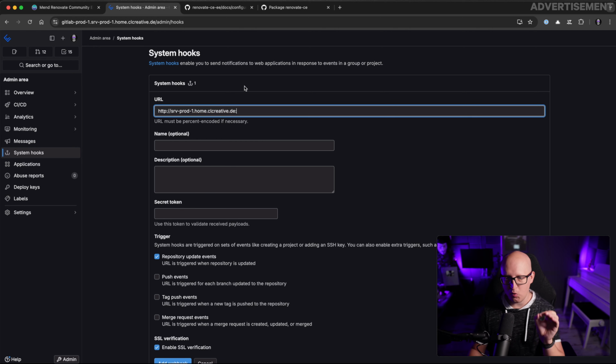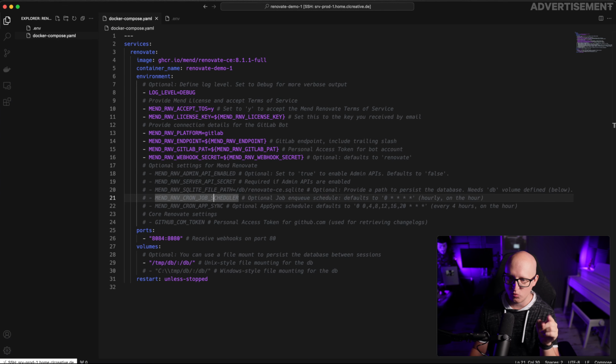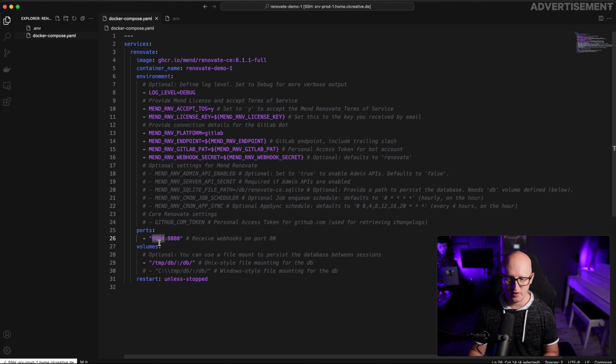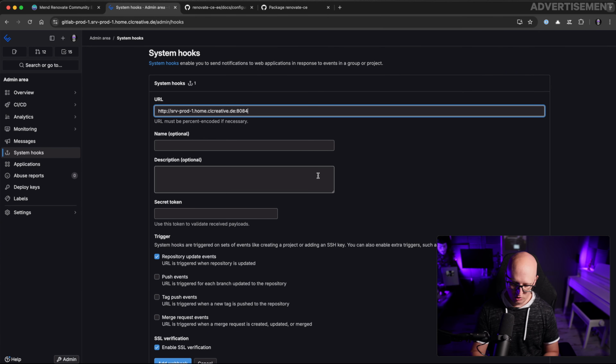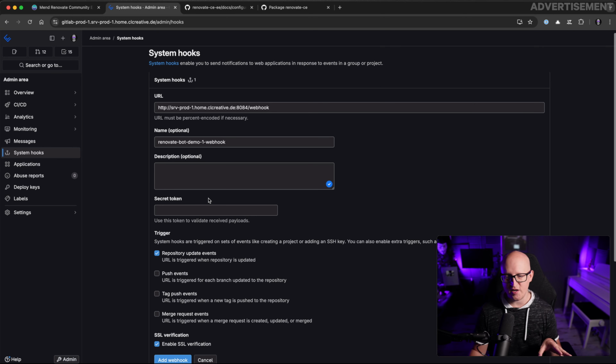production1.home.steelcreative.de. And now it is important that we push this web request to the port where the Renovate bot is listening to. So in this example, it is 8084. Also add the /webhook at the end. And now it is important that you add a secret token. So this secret token is